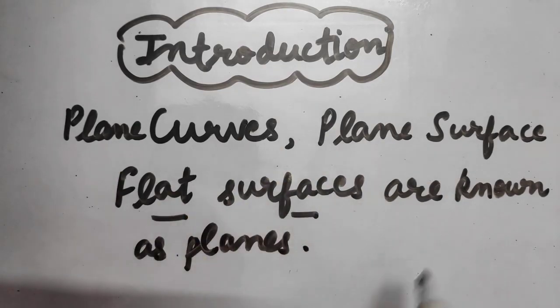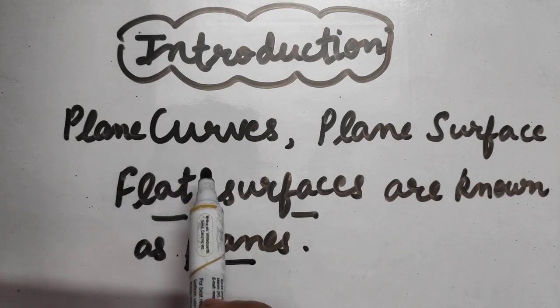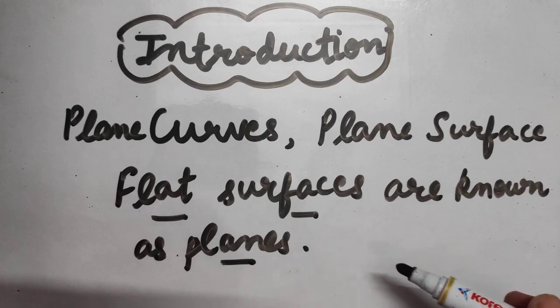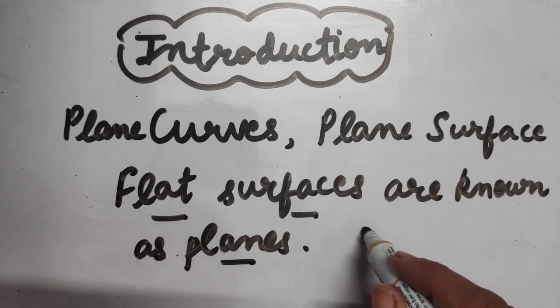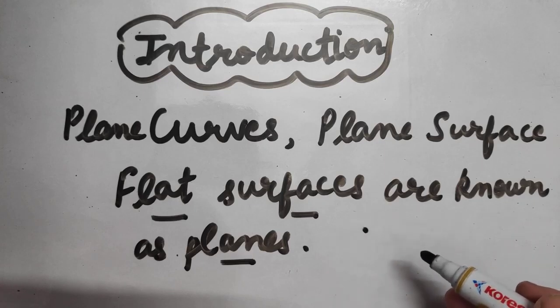The surface on which I am writing is considered as a plane surface. For example, you can take other examples like page of your notebook, top of a table, floor of a room, etc. are all plane surfaces or planes. So I hope, dear children, you have understood about planes or plane surfaces. Let us talk about now plane curves. If we put the sharp tip of a pencil on a sheet of paper and move from one point to another without lifting the pencil, then the shape so obtained is called a plane curve.